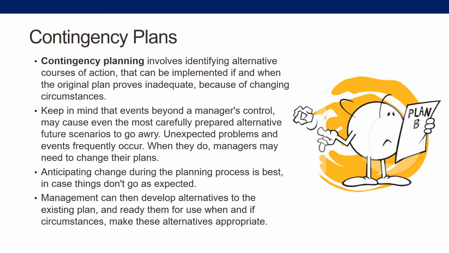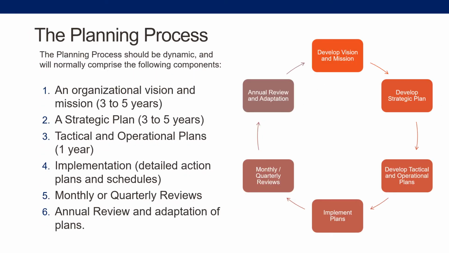Unexpected problems and events frequently occur. When they do, managers may need to change their plans. Anticipating change during the planning process is best, in case things don't go as expected. Management can then develop alternatives to the existing plan and ready them for use when and if circumstances make these alternatives appropriate. The planning process should be dynamic, and will normally comprise the following components: an organizational vision and mission,